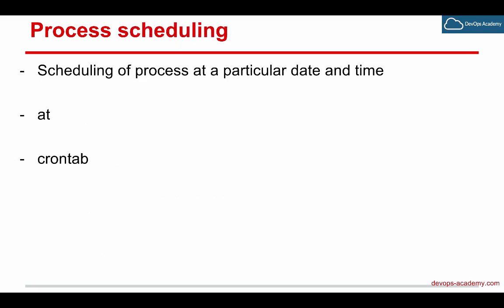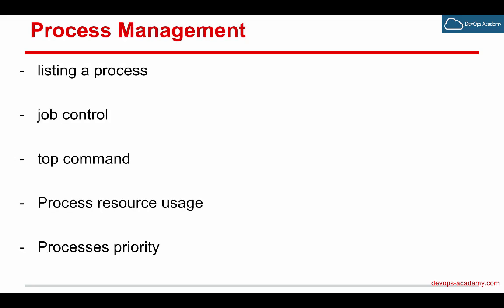Lastly is process scheduling. Scheduling of a process at a particular date and time, you can do through the at command and crontab. We will also look into that. Listing of a process, we have done. Now job control. Job is nothing but running some program or some command or some script in the background,